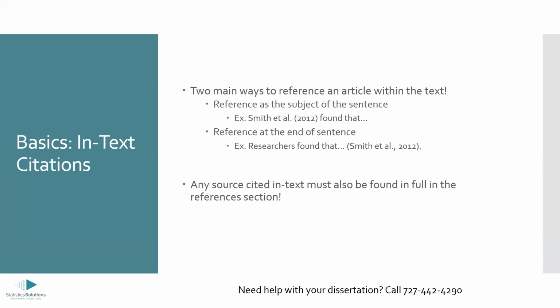But ultimately with in-text citation, it's always going to be the first author's last name and then et al. if it's more than 3 people, and then the date published. If it's less than 3 people, say it's Smith and Downey, you would literally just write Smith and Downey 2012. But if it's Smith and Downey and Roberto and whatever other names, and it's like 50 names, you're going to say Smith et al. You're not going to list all of those names. Okay.